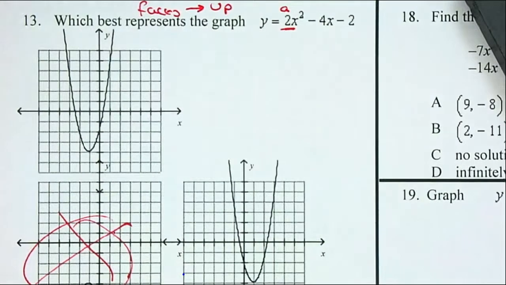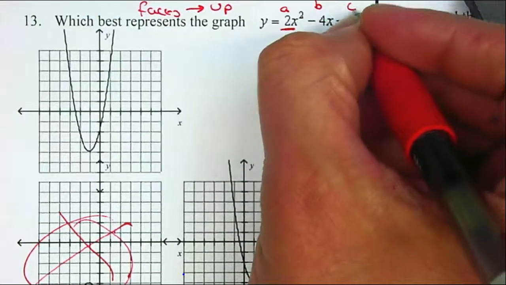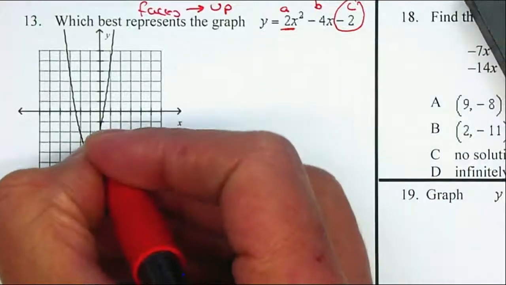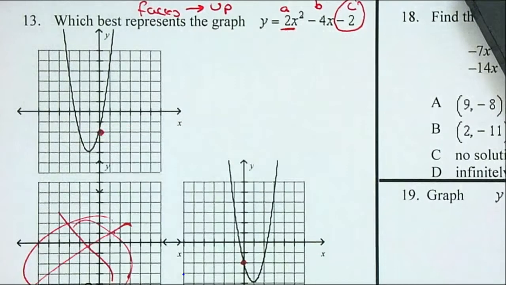And now, my y-intercept. I know that the negative 2, the value of c, this is a, b, and c. The value of c is negative 2. So that should be negative 2. That one's fine. And negative 2. Remember, 1, 2 is fine. 1, 2 is fine. So that doesn't help us. I need to be able to find the